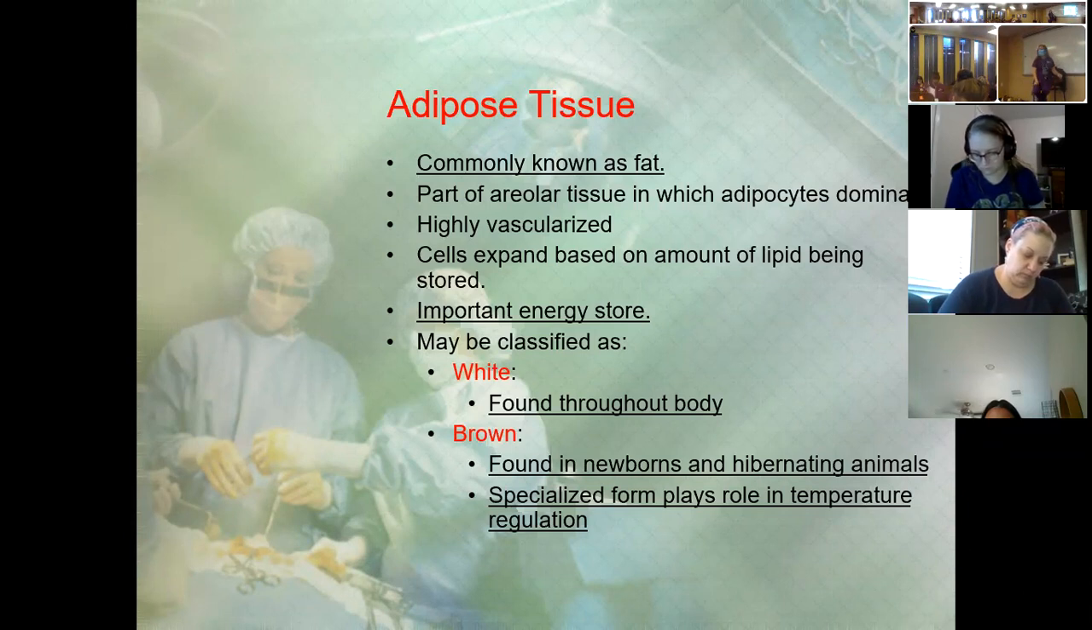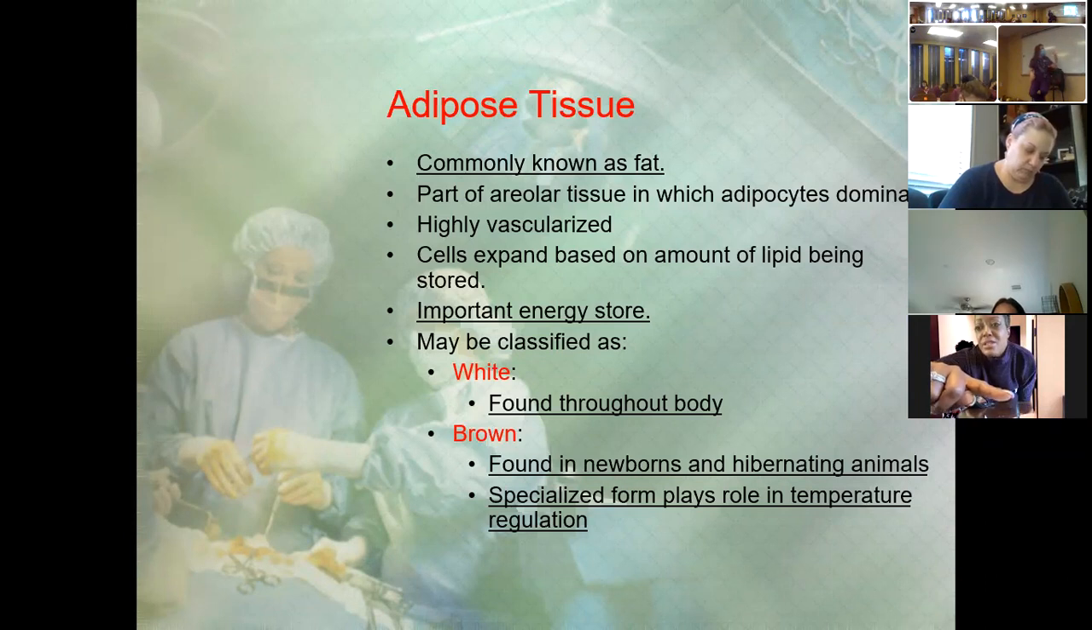We re-reviewed all of the components, like the ground substance and the different types of fibers and the different cells. Now we're just talking about different categories of connective tissue. And remember, connective tissue,